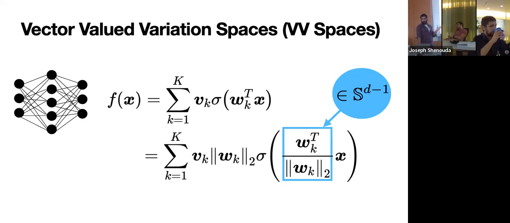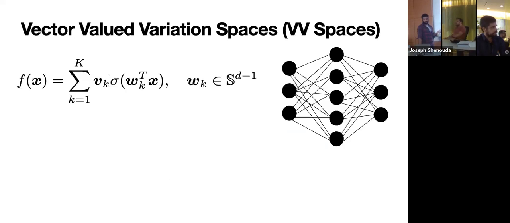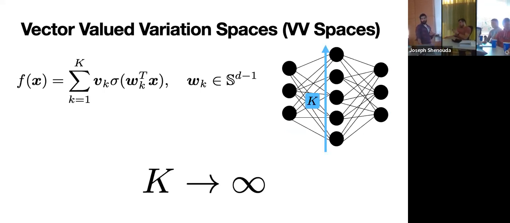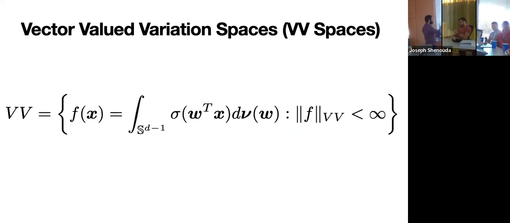So now let's just consider neural networks that have input weights lying on the sphere, and I'll take my number of neurons to be arbitrarily large. That's going to be k, and make it bigger and bigger up to infinity. And now my VB space is just going to be the set of all possible neural networks where the norm, what I call the VB norm, is less than infinity. So you have maybe an infinite number of neurons, but they're sort of controlled in terms of how big they can get.